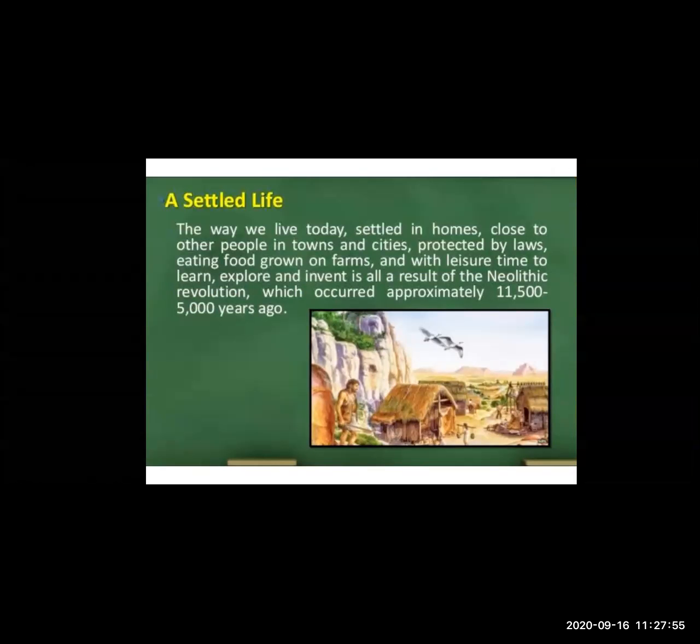Yes, the life we are living today is known as the settled life. Yes, we are all settled in our life. Our parents are well settled. We get proper food. We have our own proper house. And all this life is known as a settled life. Means we are not moving from one place to another in search of food or in search of money. Yes, we all have a settled life.